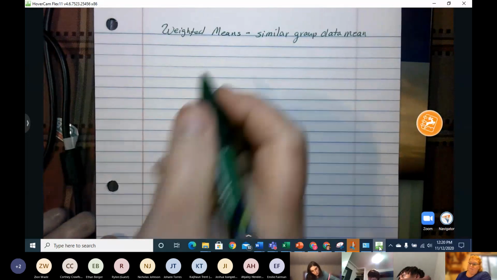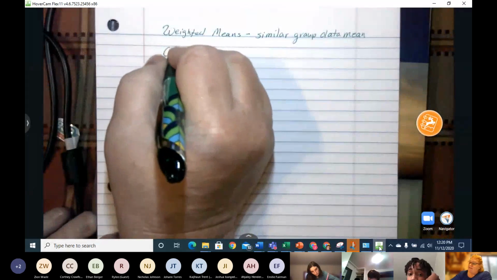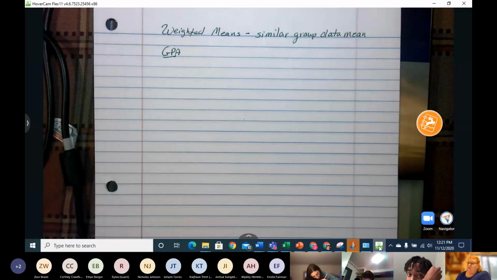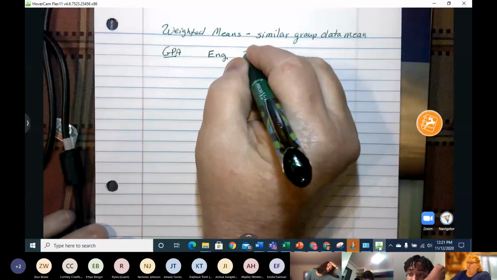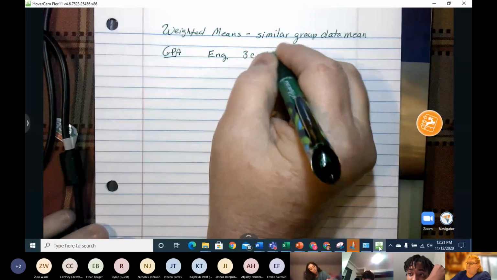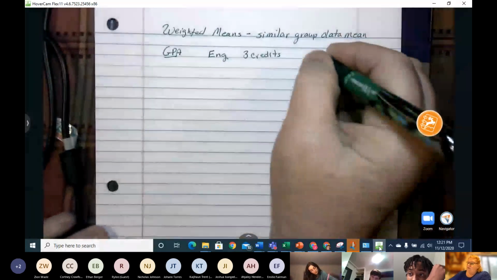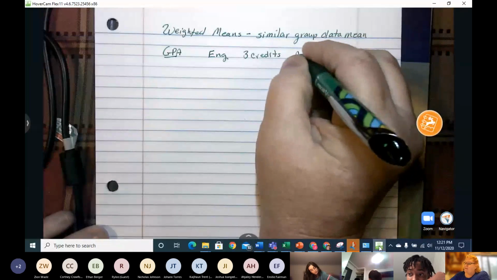One of the most common things that you do with weighted means are GPAs. So that's the example that I'm going to do for you. If you were calculating your GPAs, and you could do this for yourself, if you looked at your semester GPA, you want to take the classes that you've taken for both terms, and let's say you've taken an English course that was 3 credits, and your grade that you earned in that class was an A,